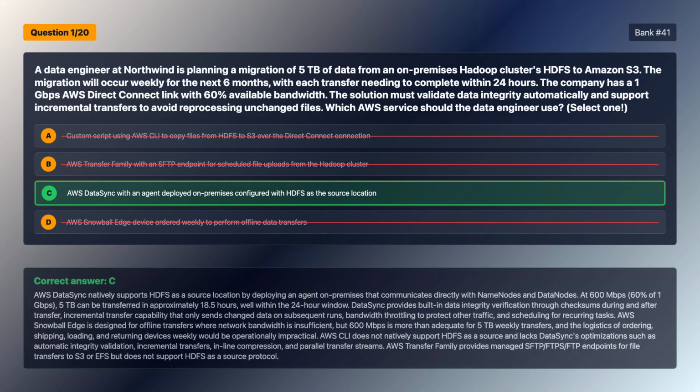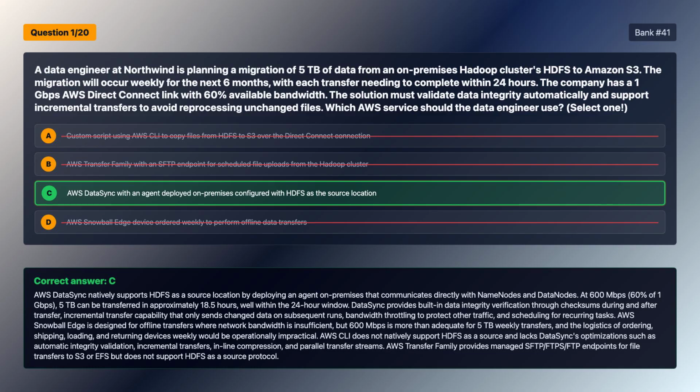The correct answer is option C. AWS DataSync natively supports HDFS as a source location by deploying an agent on-premises that communicates directly with name nodes and data nodes. At 600 Mbps, 60% of 1 Gbps, 5 TB can be transferred in approximately 18.5 hours, well